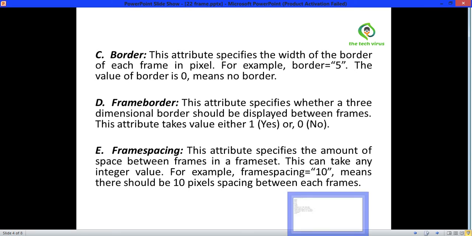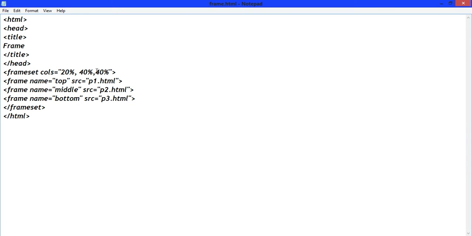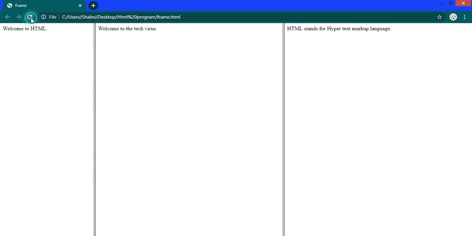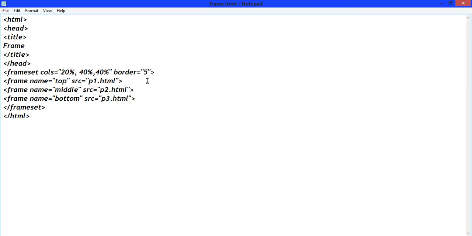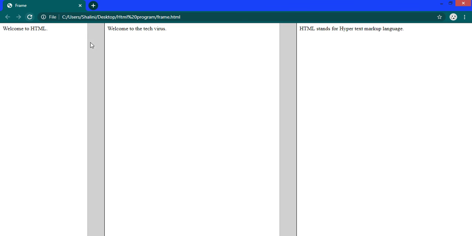Now, right here, border equals to 5. Save it, refresh it. See, the border size is 5 now. Do it 50. Save it, refresh it. Now see, the size of the border is 50 now.